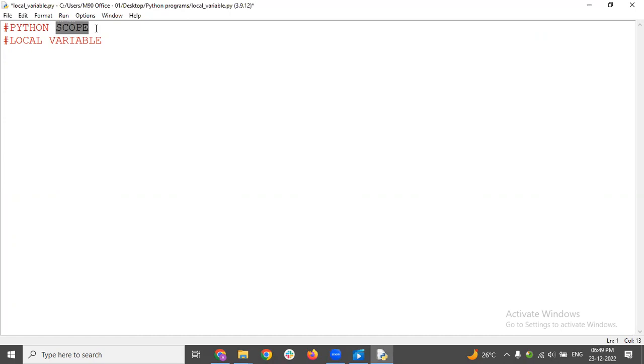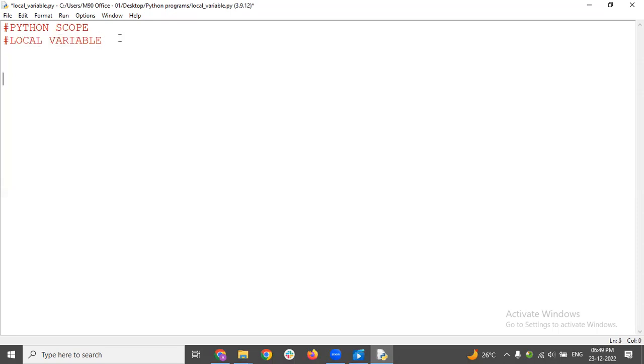For example, you are going to watch a movie and you have booked a movie ticket for a particular theater, right? So you will only go to that particular theater. You will not change the theater, okay? Because that movie ticket is only valid for that theater. You cannot go to any other theater using that movie ticket, right? So that is a scope, okay? In general. So very first, we are going to learn the concept of local variable, and then we are going